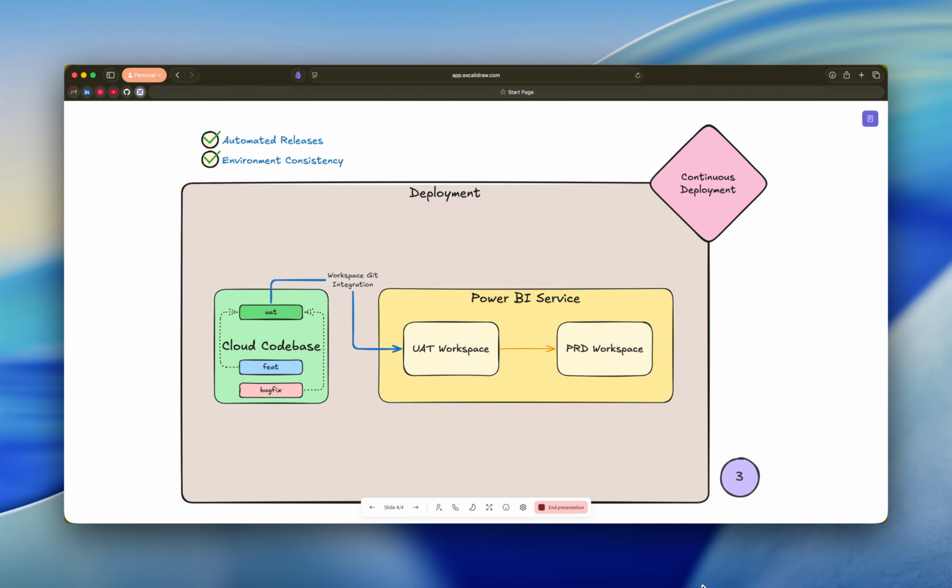And today we talked about the framework of the modern Power BI development lifecycle, mainly 3 stages. First is enabling version control. Second, enabling collaboration through continuous integration. Third, we're building the deployment pipeline to enhance our continuous deployment. So that